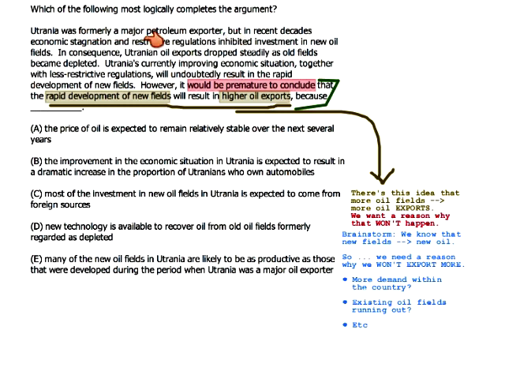Okay, now we have: for a long time we haven't made new fields, but now, okay. And then this, all right. The economy is getting better, so we are making new oil fields. Okay, sure. So basically, we need a reason why we will not export more. Yeah, all right.